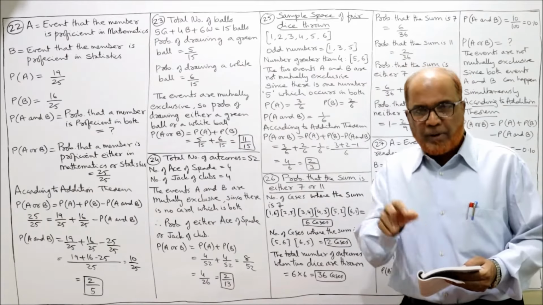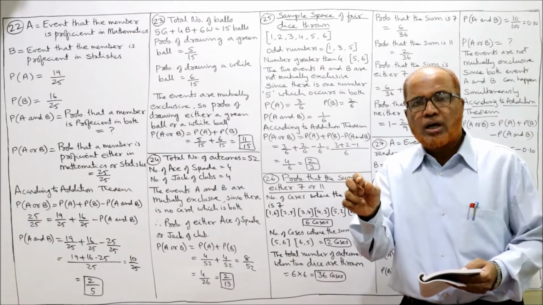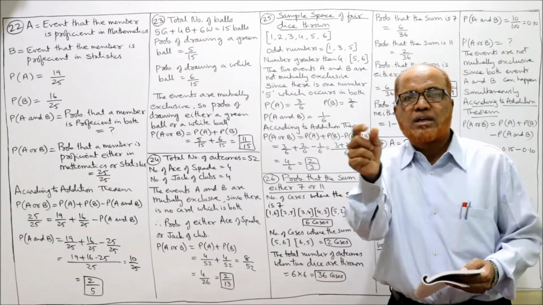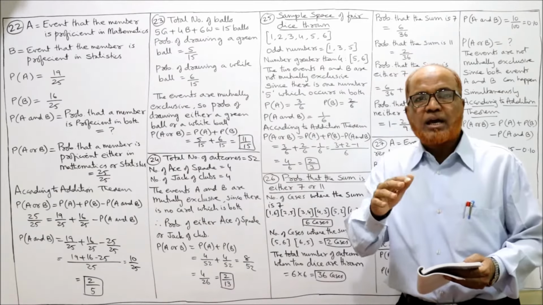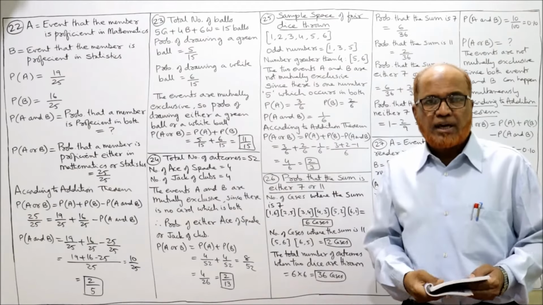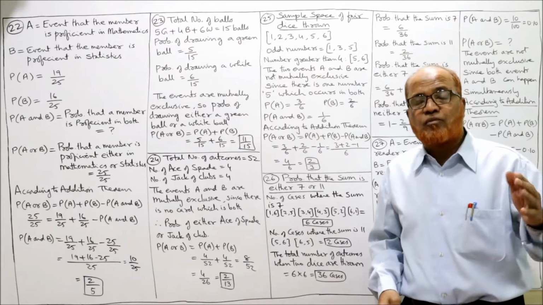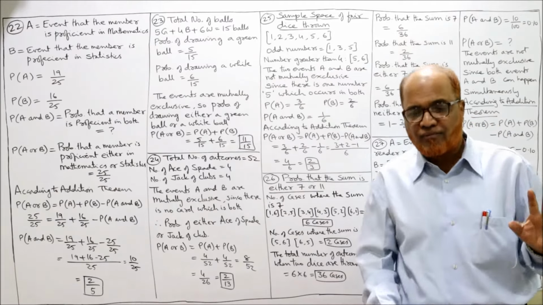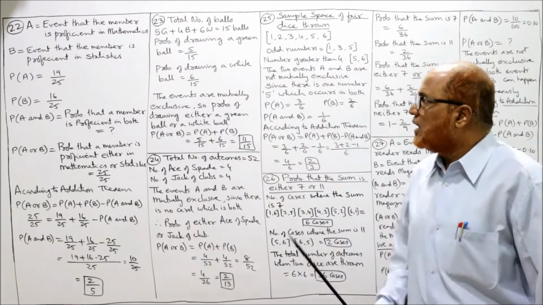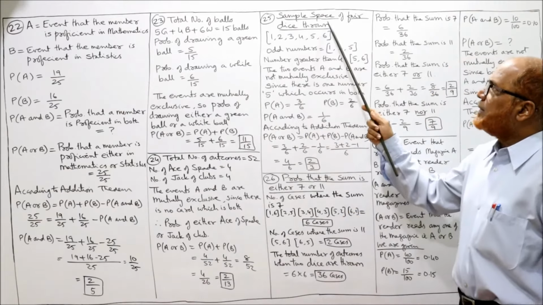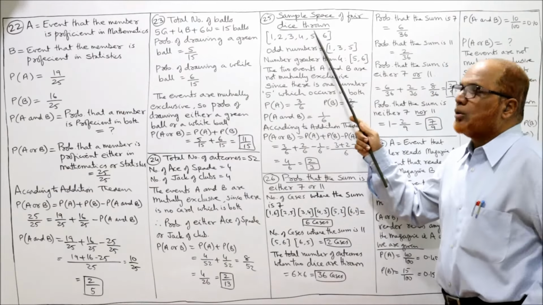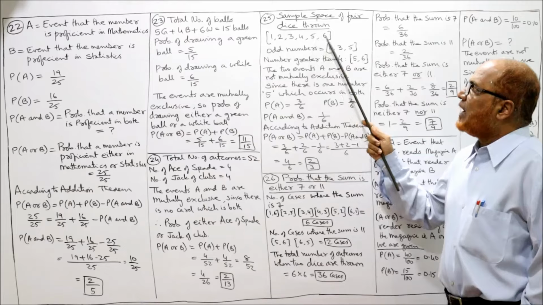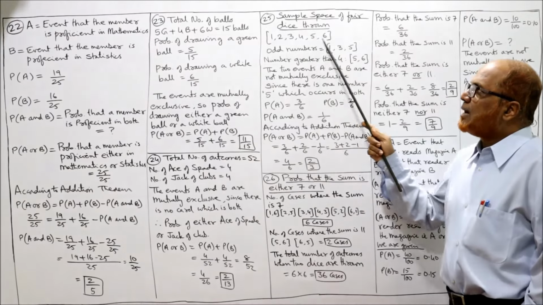So what is the probability that the die will show an odd number 1, 3, 5 or a number greater than 4? A number greater than 4 का मतलब 4 से बड़ा नंबर क्या है? 5 or 6. Now see here. Sample space of fair dice thrown. 1, 2, 3, 4, 5, 6. This is the sample space.